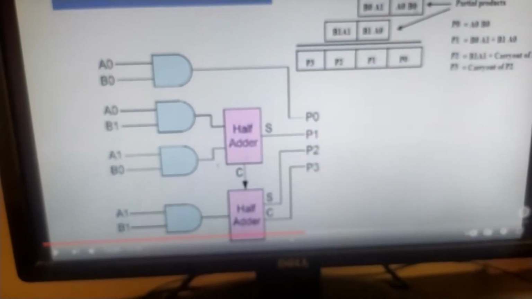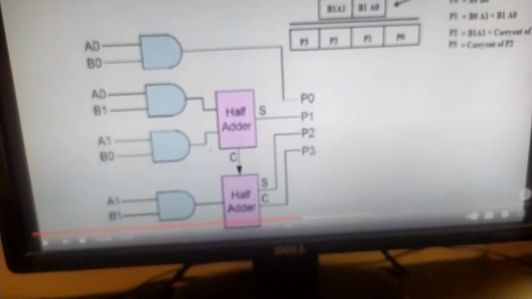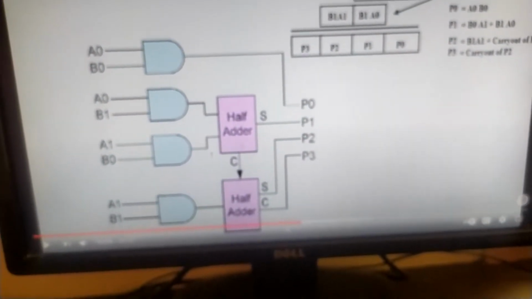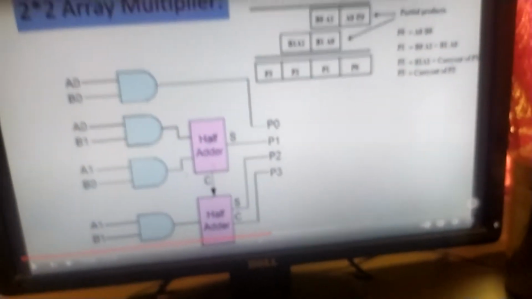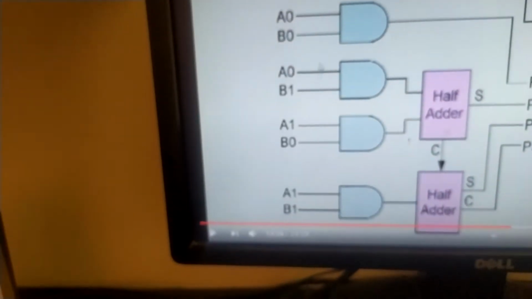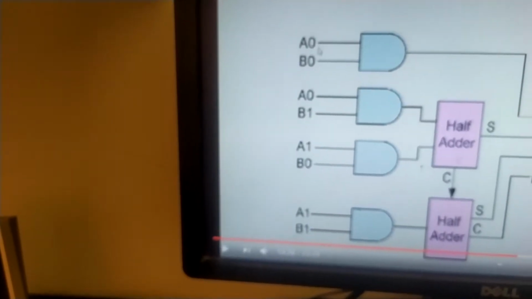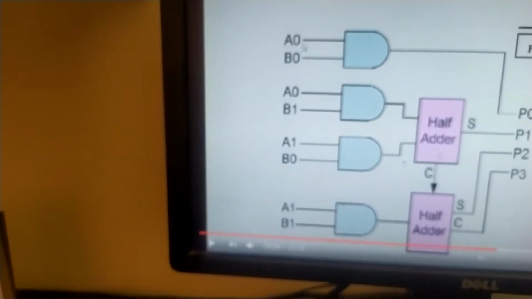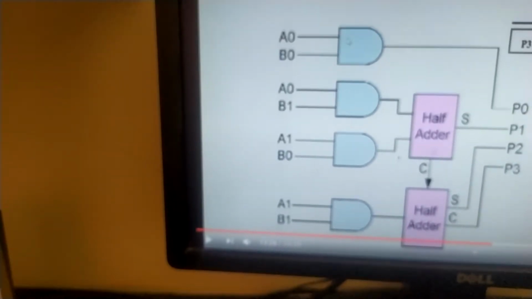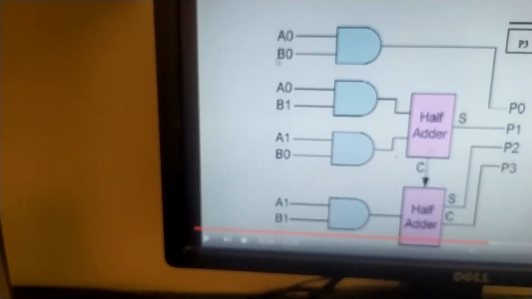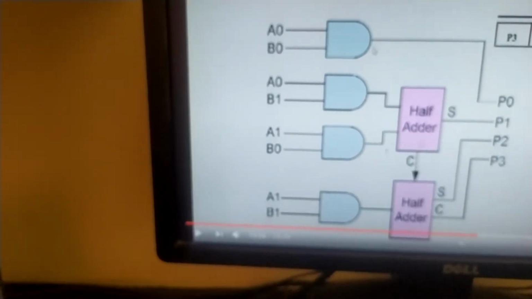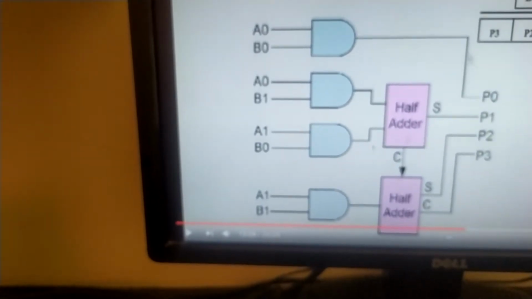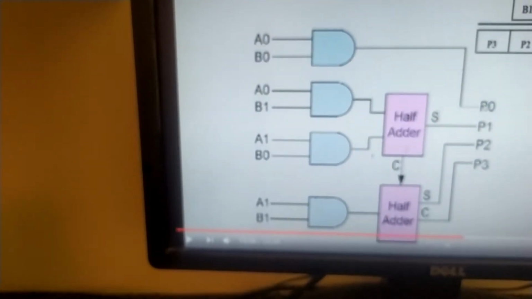The same A0 B0 is nothing but a logical AND operation. It can be implemented using AND gates, where A0 A1 and B0 B1 are the binary inputs. You take the A0 bit and the B0 bit and get the output, which is a partial output that acts as P0.